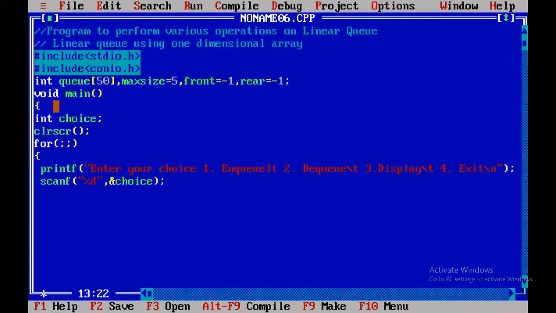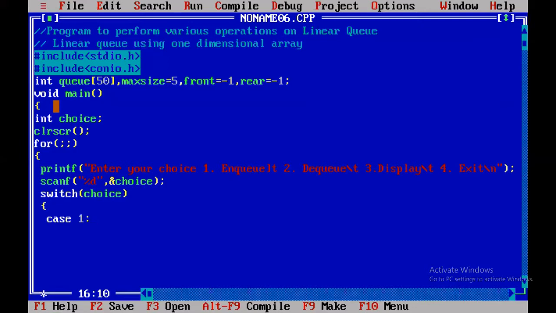After reading the user choice, now I'll perform the operation. For that, I'll be using a switch statement. To this switch, I'll pass the choice of the user. Next, if the choice is 1, that is case 1, then